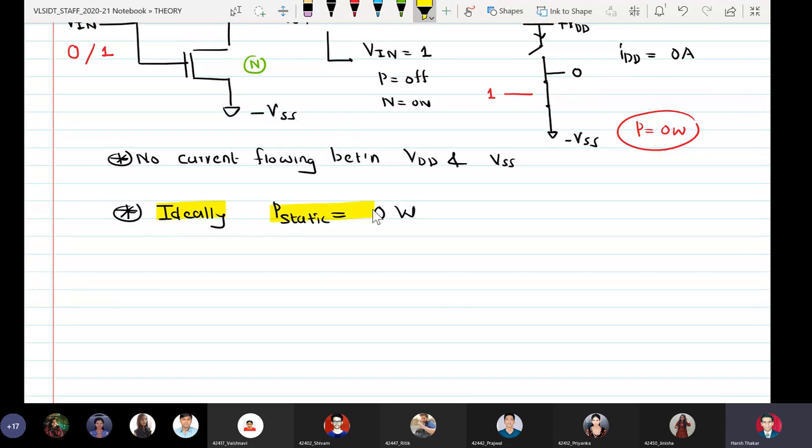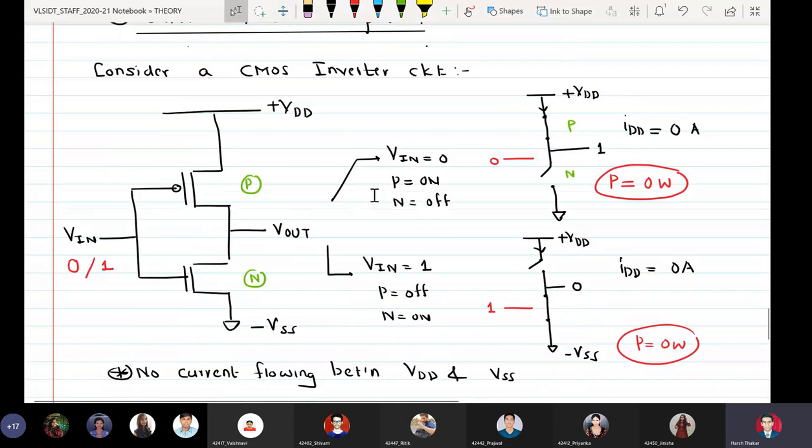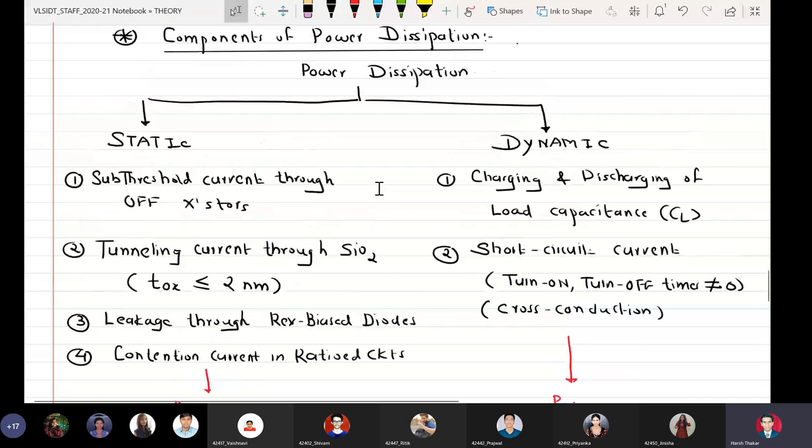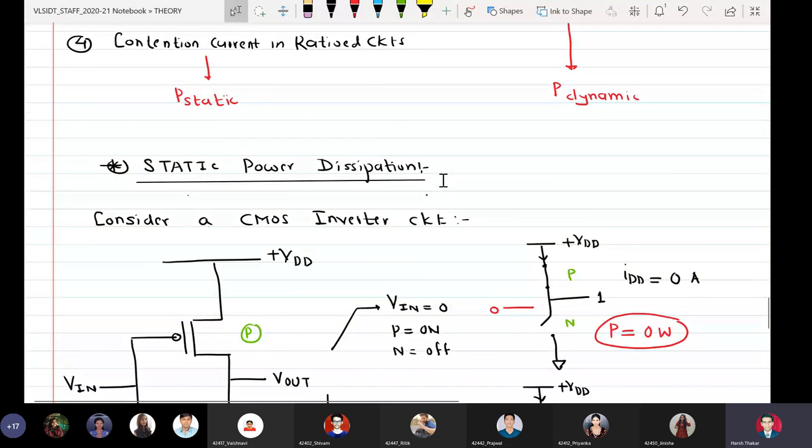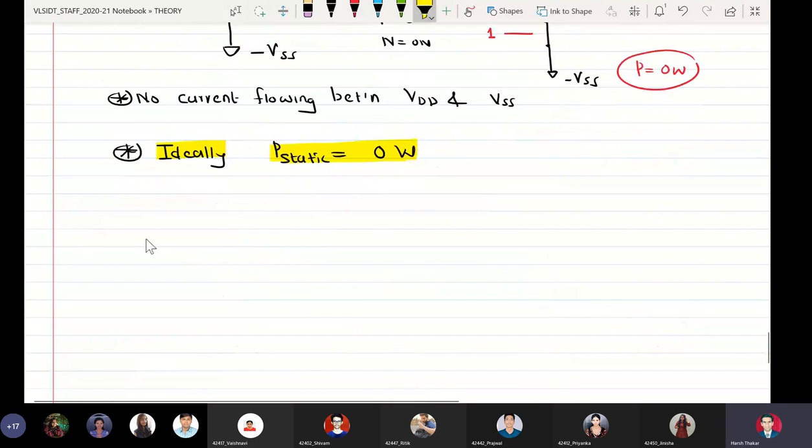So ideally P static is 0 watts. Okay, but here we are not considering these 4 factors which we just mentioned. That is why we can say that ideally P static is 0 watts,